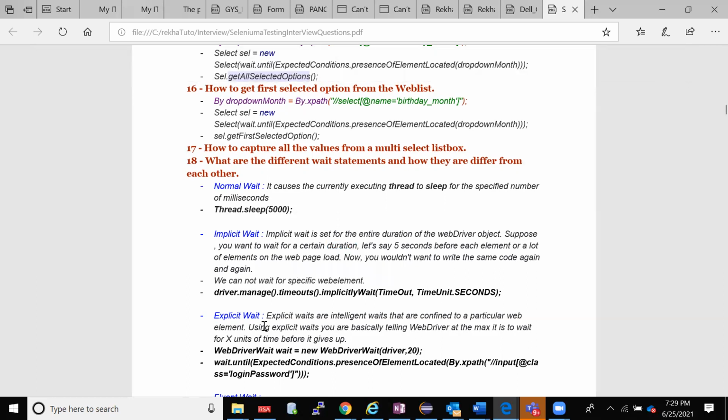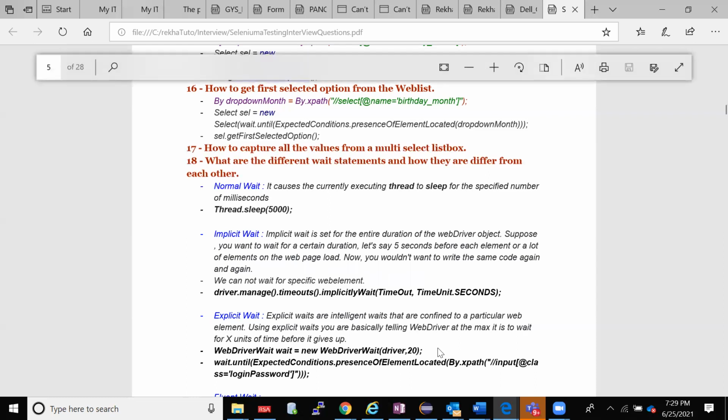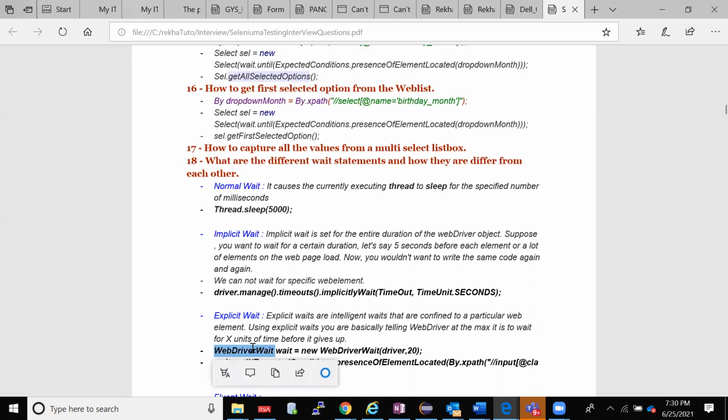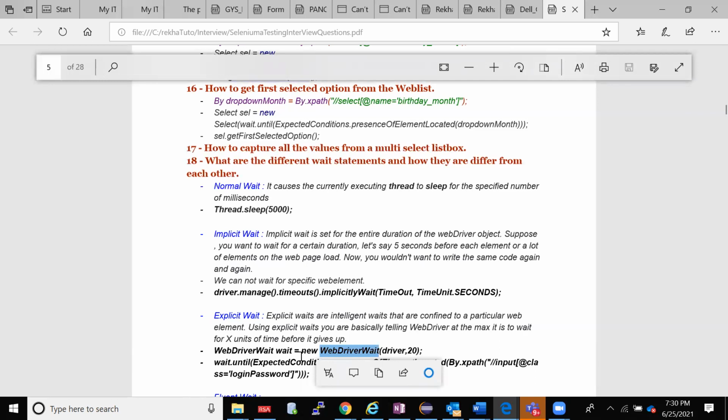As I said, I know that for the login button, after entering user and password, it is taking 10 seconds. So explicitly I need to give, for the safer side, some 15 seconds, right? Wait for so many seconds, at least give some extra time. After that also, if it is not loading, then throw an exception. So how do I do it? WebDriverWait is the thing. I'll just create an object for that.